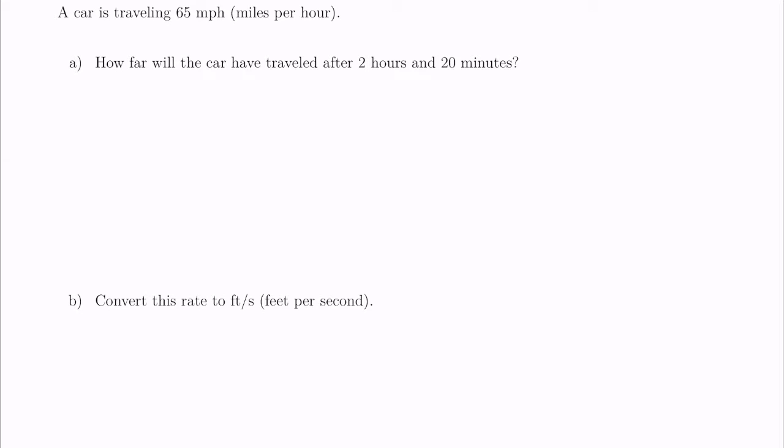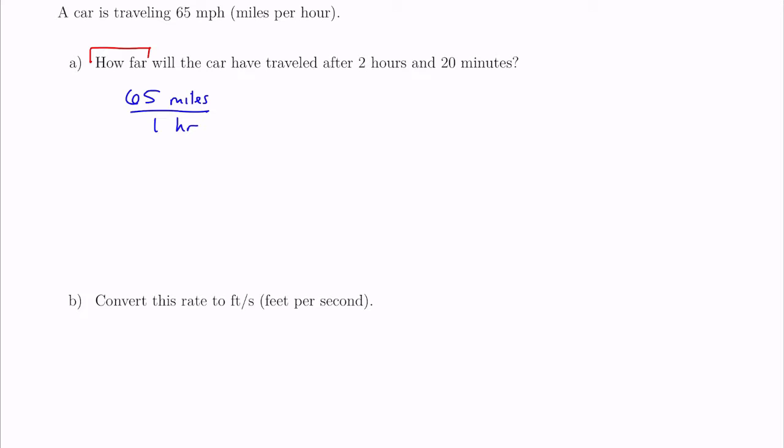A car is traveling 65 miles per hour. In part A, how far will the car have traveled after 2 hours and 20 minutes? Recognizing that this question is asking how far, we need to recognize that we should be getting an answer that is a distance. So if we begin by writing this as 65 miles per hour, meaning 65 miles for each hour, or as a fraction, 65 miles over 1 hour,